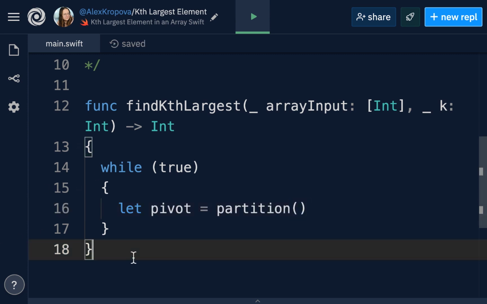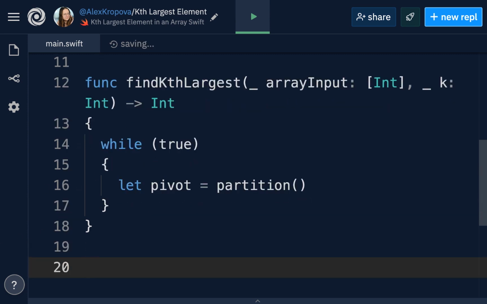This will be another function that's just a helper function outside of find kth largest. It's going to be called partition, and this is a pretty standard function that is made whenever you sort an array typically. So we'll put into this partition function an array of integers, the same array we're working with, and we'll also put in a starting index.